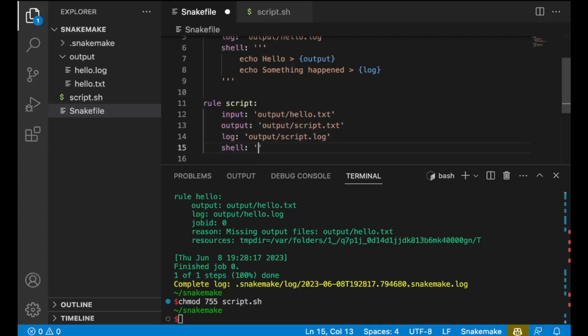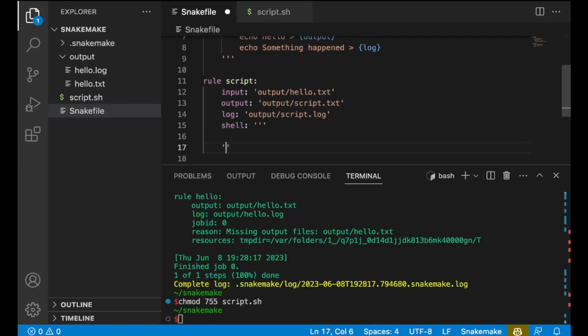Script.log and then add in the contents in the shell directive. So here we'll first concatenate the input file into the output, and then I'll run the script.sh,